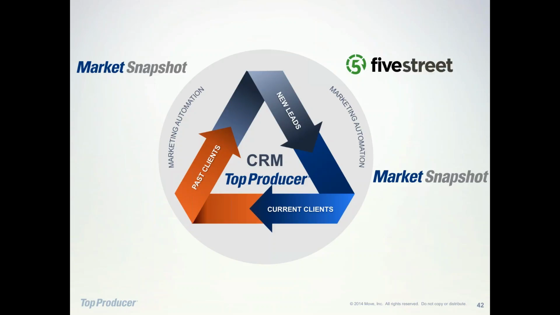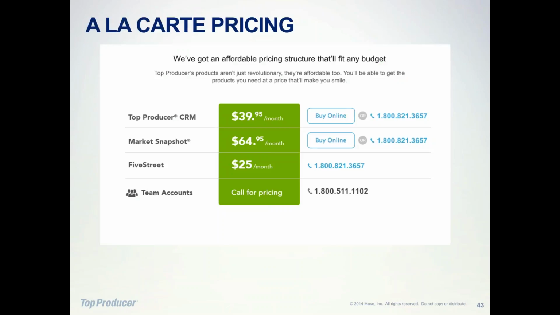And then if you've got a team and you're looking to supercharge your response rate and the time in which your agents are connecting with those clients, 5 Street is a way that you can do that. From a pricing standpoint, all of these products are available a la carte. So individual licenses, and then as you buy more, if you've got a team, you get into volume discounts. But we also do offer